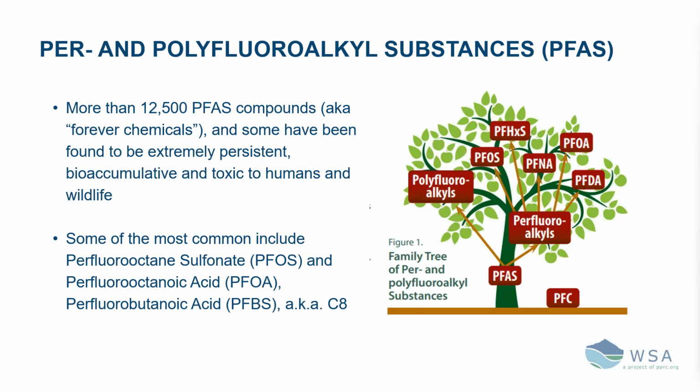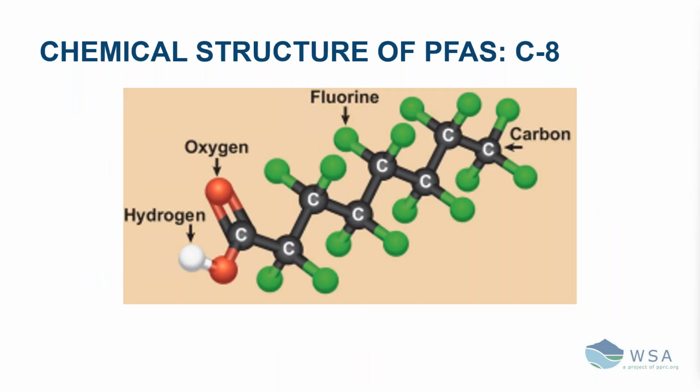Teflon is one of the original polyfluoroalkyl substances. We kind of use PFAS as a generic term, but there are many different chain lengths and then chemicals that are added on the back end of these different fluorine compounds. They all have the thing in common as saturated with fluorine. So it's a linear carbon chain with fluorine instead of hydrogen on the carbons. So then whatever's on the other end, in this case we're showing oxygen and hydrogen,